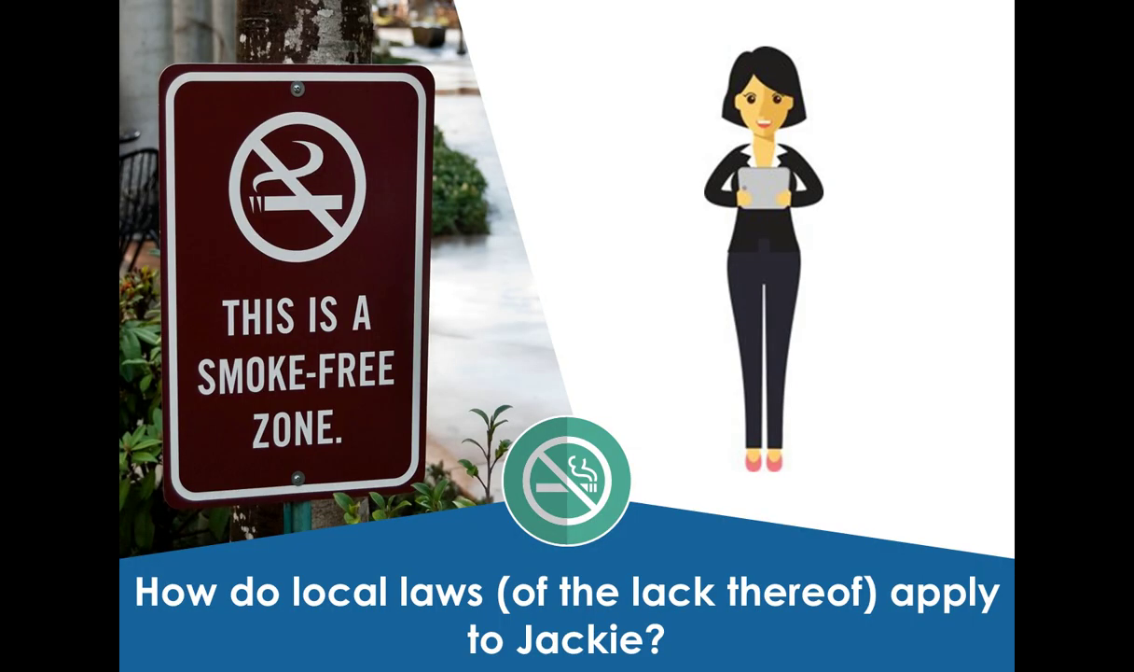So, how do local laws, or the lack thereof, apply to Jackie? So the first thing that Jackie should do is work with her legal team to learn what procedures and best practices they typically follow in writing rules. Often the procedures used in jurisdictions without overarching procedural legislation track federal and state administrative requirements, which are designed to promote fairness,